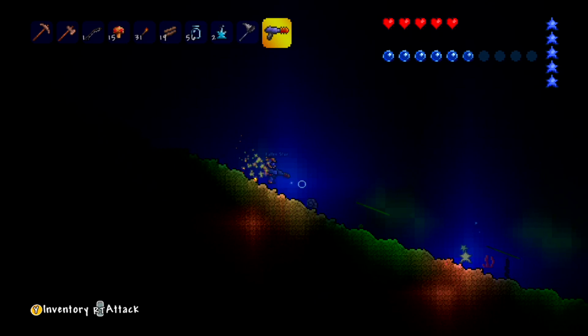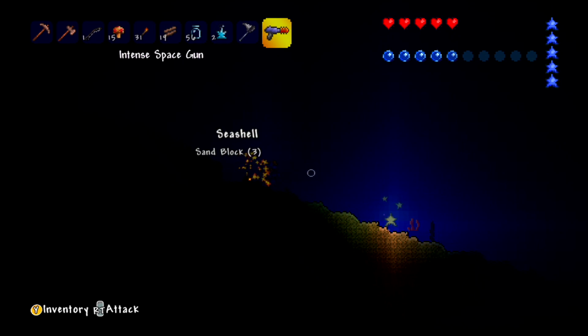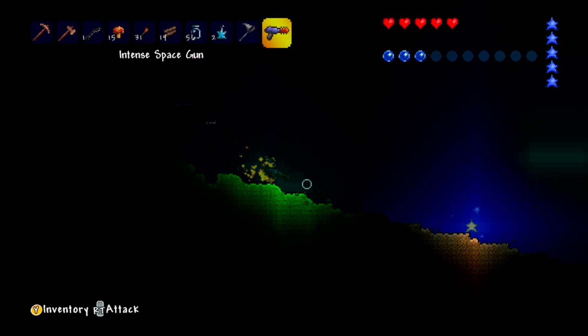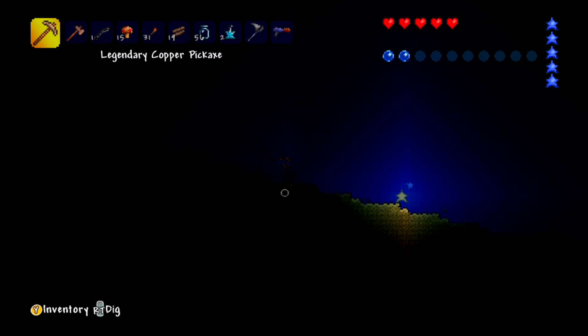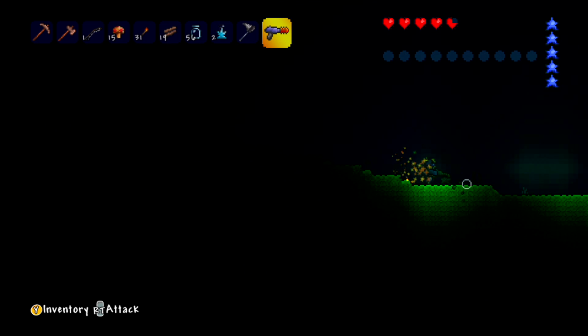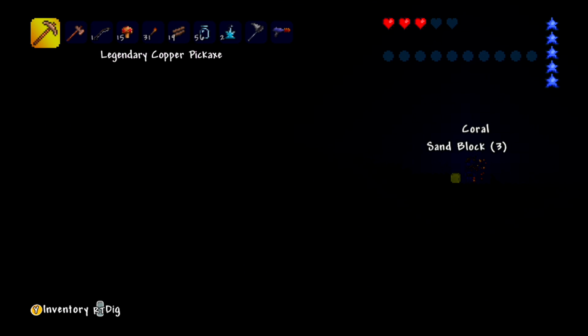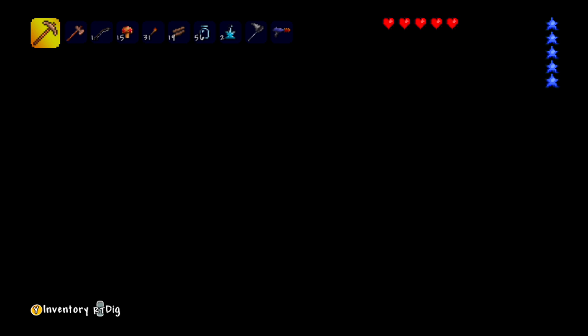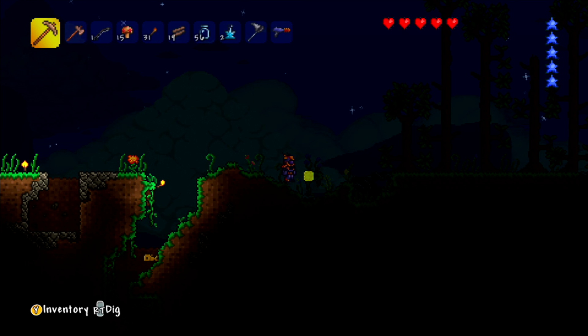Right, here's a bit. That was a seashell, never mind. Here's some. Here's a bit. I don't care about drowning to death, we have no money to lose. There we go. So I could have used a recall potion to go home, but like I said, there's no downside. We're not losing money. We had no money. I guess maybe we had a little bit from killing slimes, but...